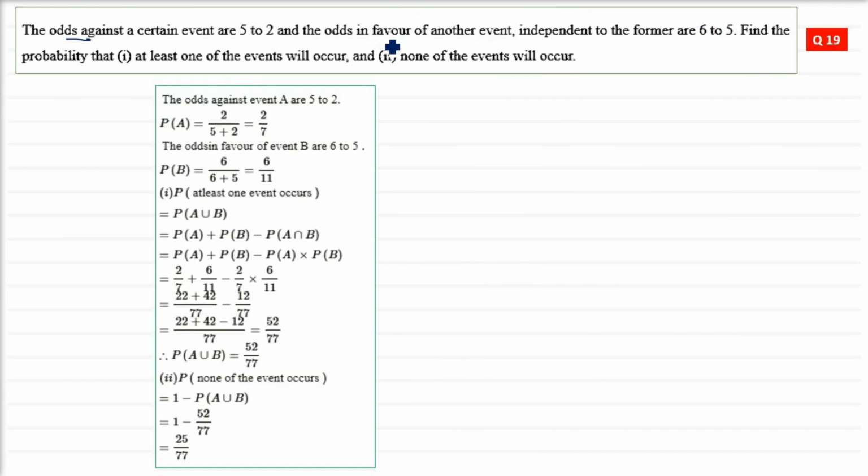So this is how you are going to go about it. Writing the odds against and odds in favor is the key of this question. So it was a good question, because if there is a problem in making the probability, 5 by 7, 6 by 11, the problem is there. Or 2 by 7 or 5 by 11, the problem is there. So you need to write the